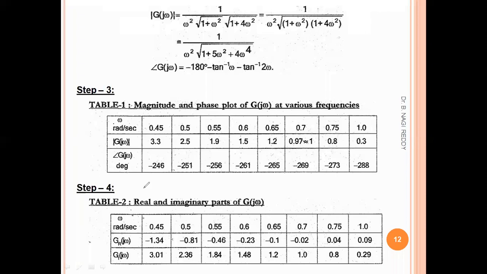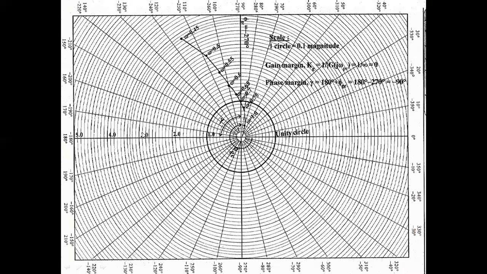First we will draw the polar graph using step number 3. This will be the polar graph. It will look like this, having straight lines and a number of circles. And this is our positive x-axis, which starts from 0 degree. From 0, if we go in the clockwise direction, we will have minus angles. If we go in the anti-clockwise direction, upwards, then we will have positive angles.